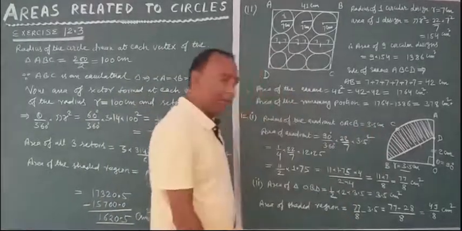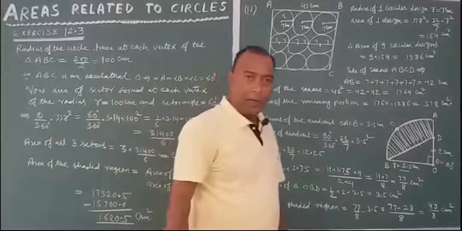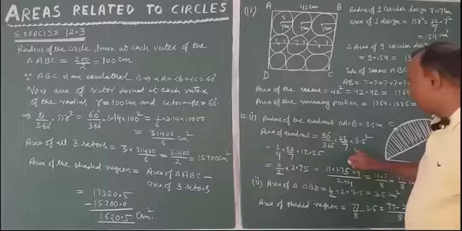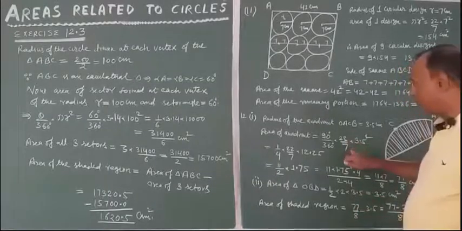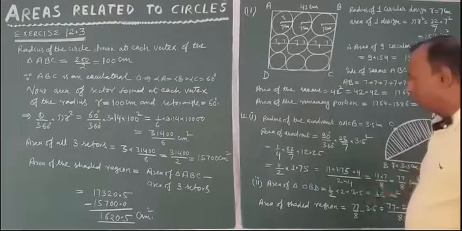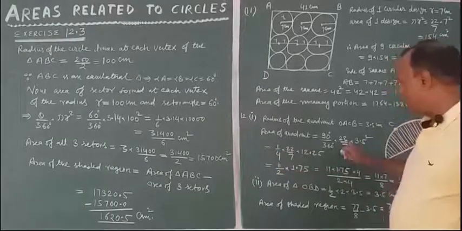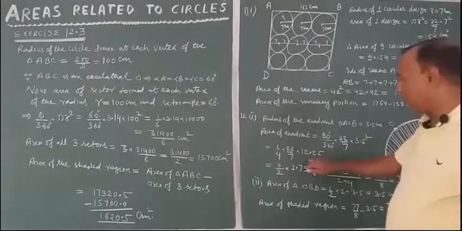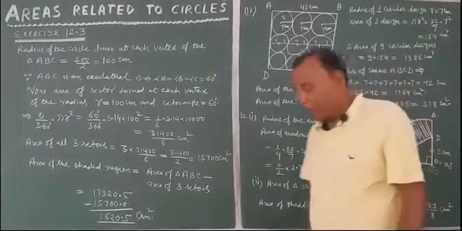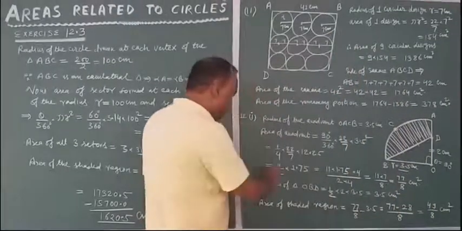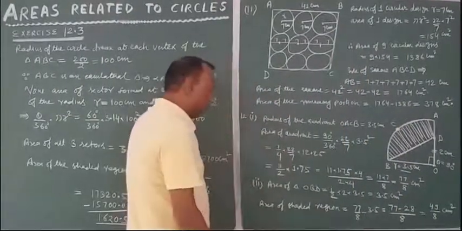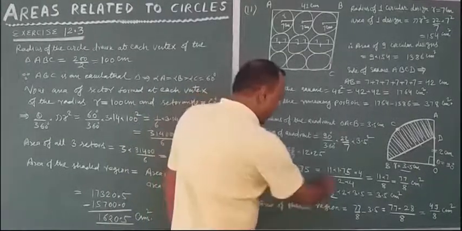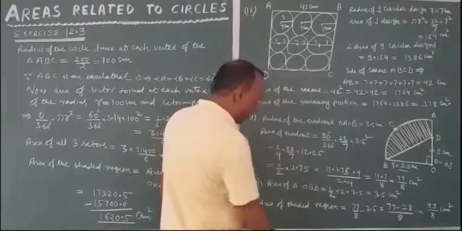That is 3.5 centimeter. Now the area of the quadrant is given by 90/360 into pi r square. So pi is 22/7 into 3.5 square. This will be 1/4 into 22/7 into 3.5 into 3.5. This is 12.25. Now divide. This is 2 to the 4 and 2 into 11, 11/2, and 7 divided, you get 1.75. This will be 11 into 1.75 divided by 2.